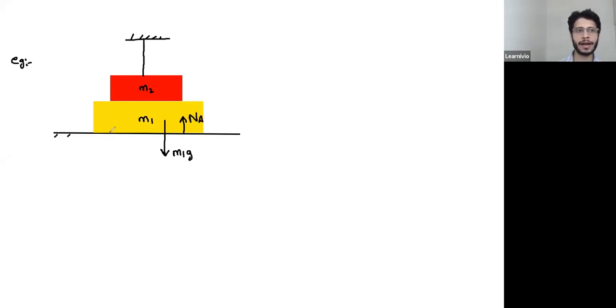This is the normal reaction on M1 by the surface. Then you have another normal reaction Na. This is basically the normal reaction which this body is acting on the surface, because forces are always in action and reaction pair. If the surface applies a normal reaction on the body, then in turn, the body will apply a normal reaction on the surface. So this Na here is normal reaction